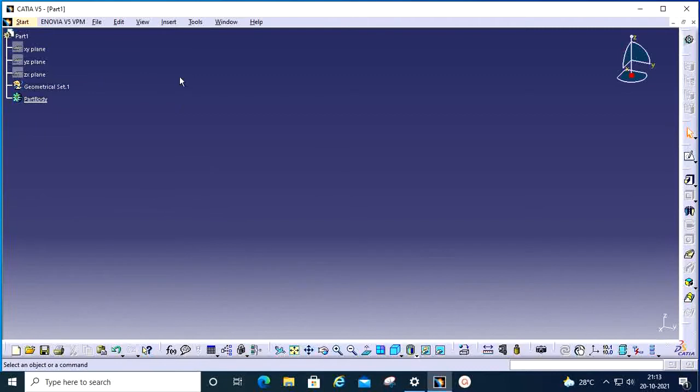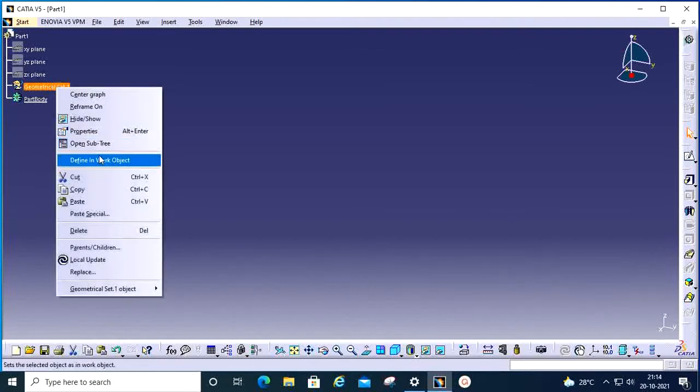So for creating drawings, if you draw your axis by using axis system, it will be helpful for you in the future. If you want to move the part by using this axis system, that time it will be very helpful. So whenever you are going to start a part, better you use the axis system, so that in future, if you want to move the position of the part, you can move it. For creating axis system, you need a plane, you need a point.